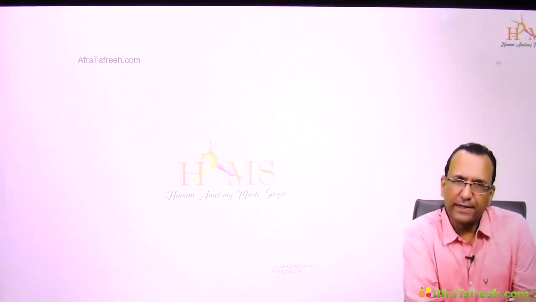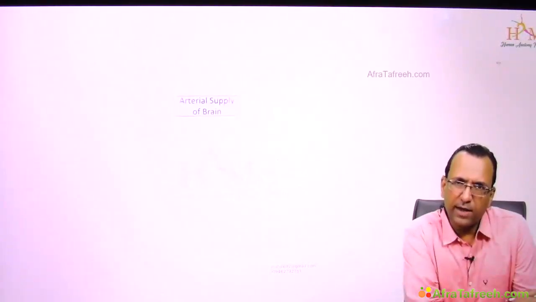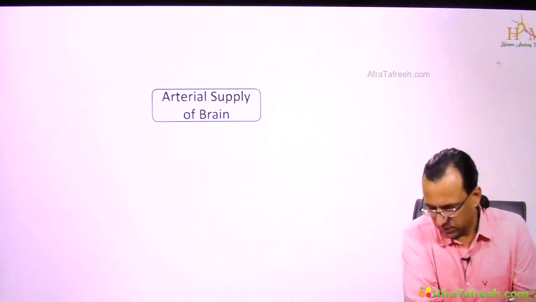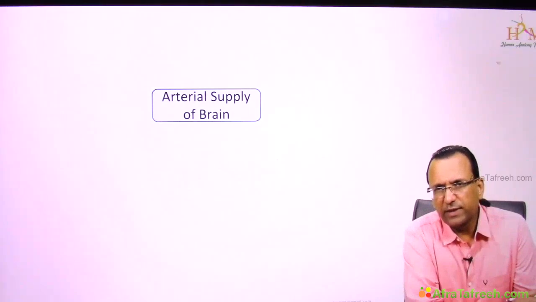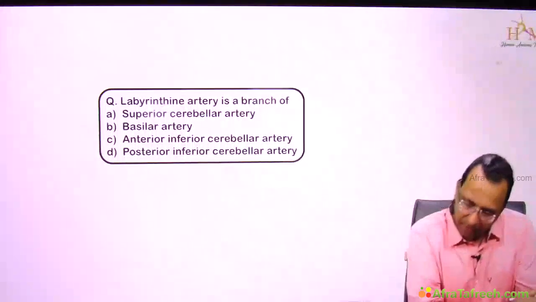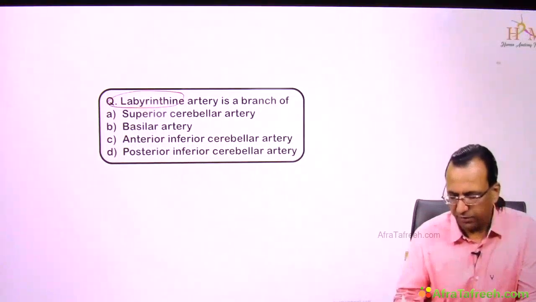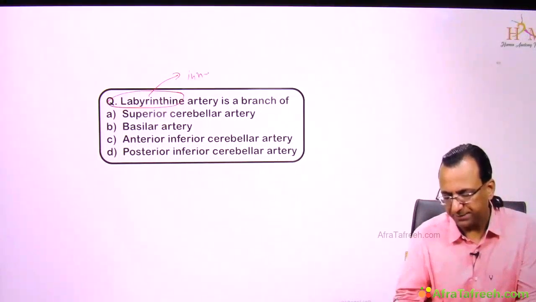The next topic is the arterial supply of the nervous system. If you're talking about the arterial supply of the nervous system, let us look at a question, and that question is asking us about the labyrinthine artery. Actually, the labyrinthine artery is going to supply the inner ear